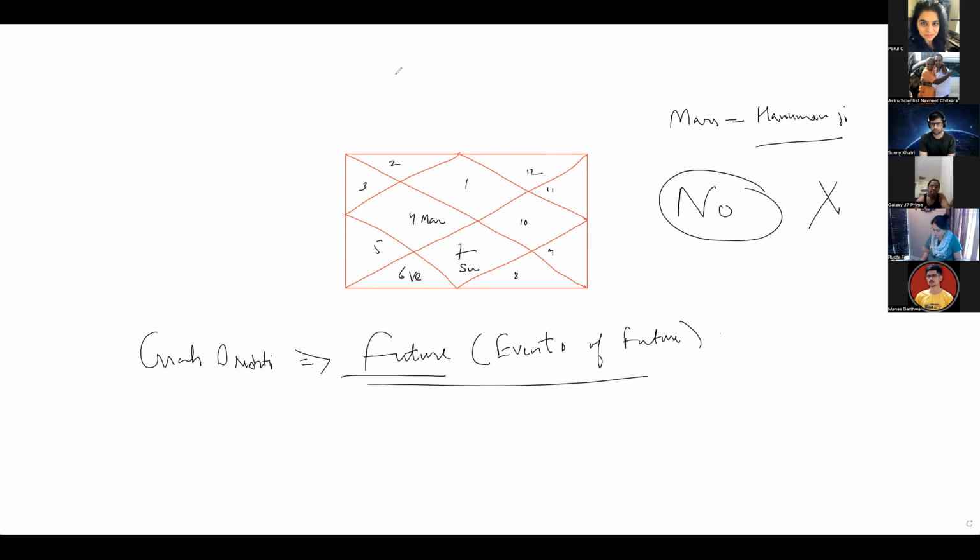And exaltation means when you are fully aware of what you are supposed to do, good or bad, is the second step. Debilitation, a planet is mast mola. He doesn't know anything. He has no knowledge of what he's supposed to do in a chart. But every debilitated planet is always looking at the house where it gets exalted. Yes or no?